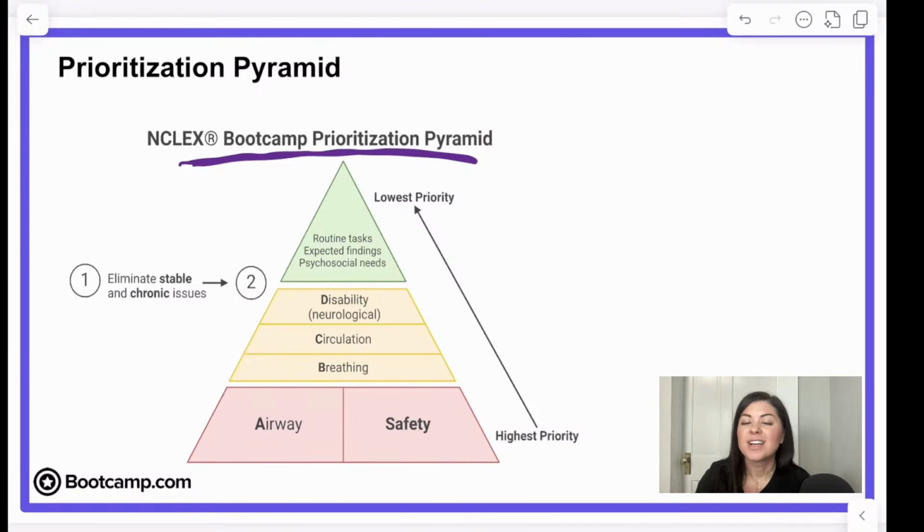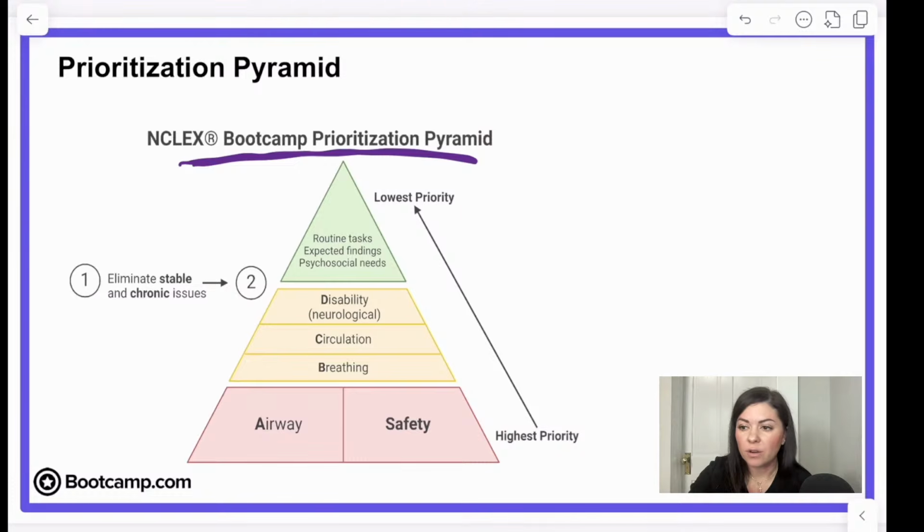questions. So we've all heard people say, oh, prioritization, just focus on ABCs, that kind of thing. And although that information is helpful, that really doesn't look at the overall picture and it's not very comprehensive. So that's where this prioritization pyramid came in. So let's briefly talk about how we use it, and then we will practice with it on a couple of